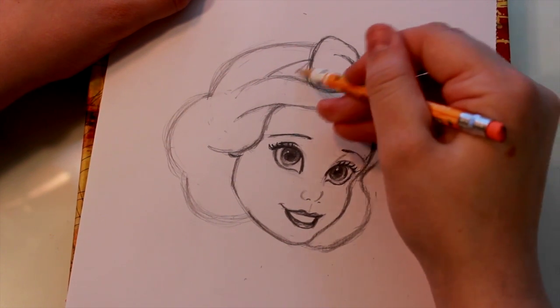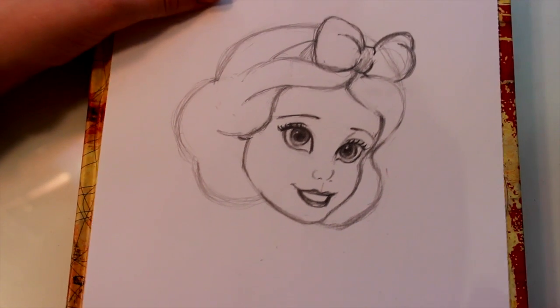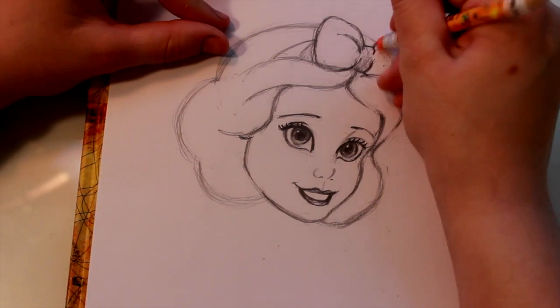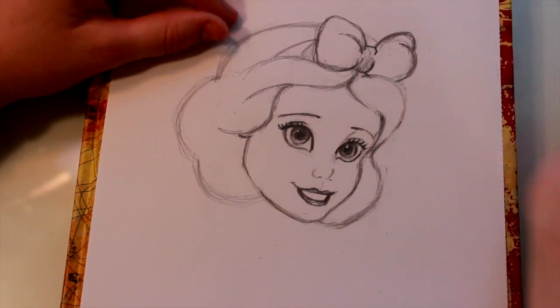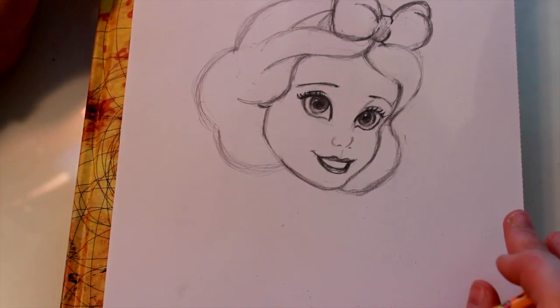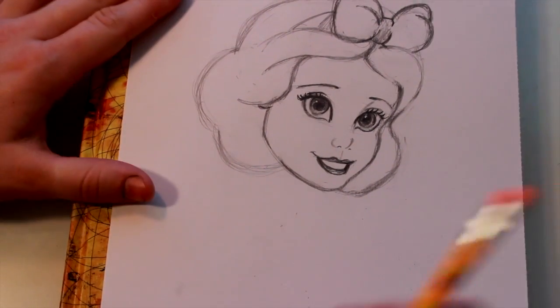Shade it up just a little bit. Of course this is red and her hair is black, so it's a lot of contrast and color and saturation issues going on here. Okay, so after that, let's go ahead and give our Snow White a neck and at least a top to her collar and the top to her dress, so she just doesn't look like a floating